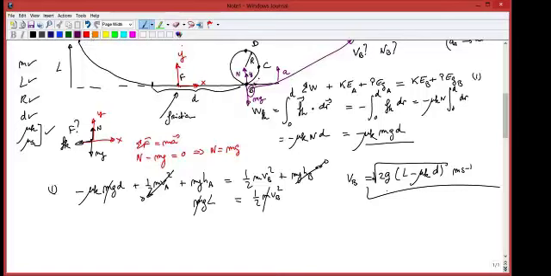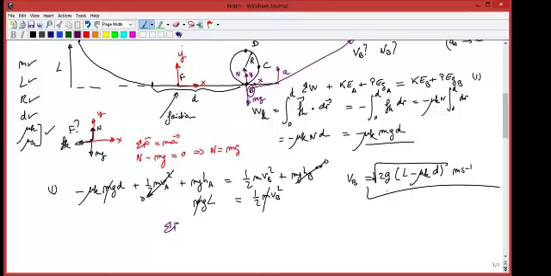You can pick a different coordinate system if you wanted to, but again, since we know that at point B we start going in a circle, the circle tells us a is equal to v squared over r, and a is towards the center. Then let's pick one of our two axes in the same direction as the acceleration, which allows us to write